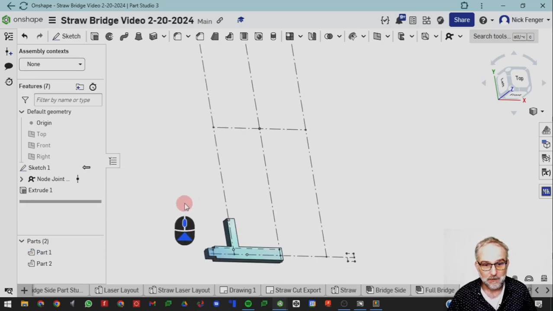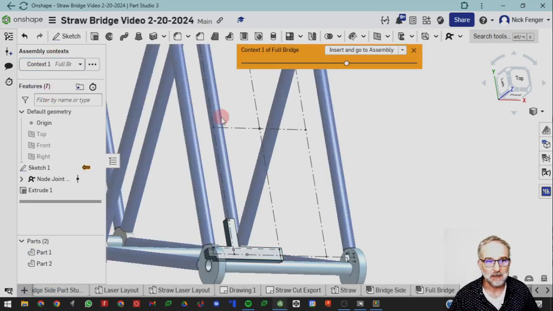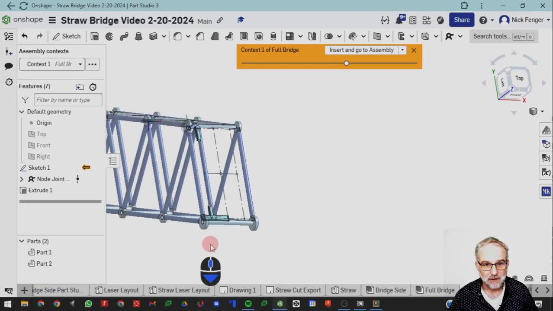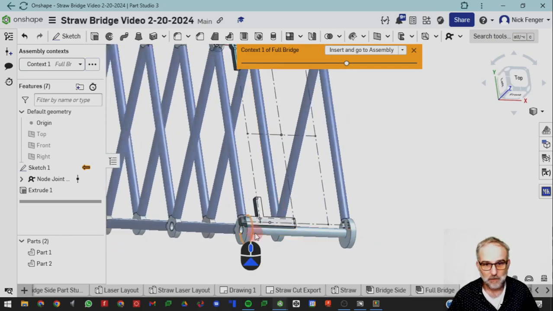All right. Bringing the context back, if we needed it, we can go up here to assembly context and bring it back. If we were to make any changes in any other part of the bridge, we wanted to use update context, and it would update the assembly. We haven't done anything, so it's not going to need that. Okay, so we are going to move on to